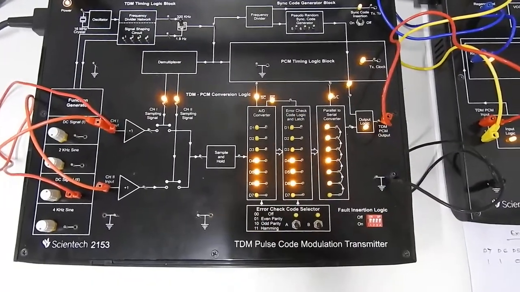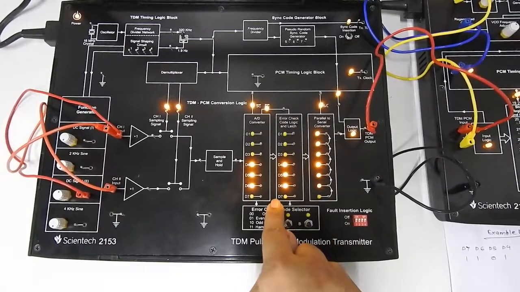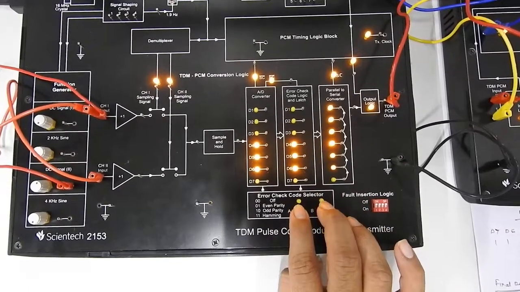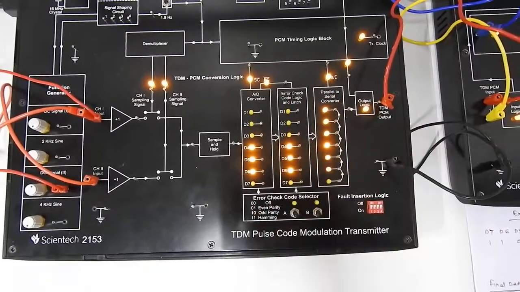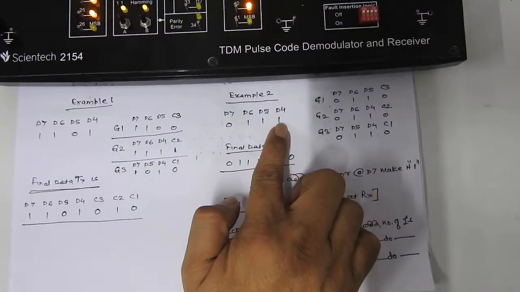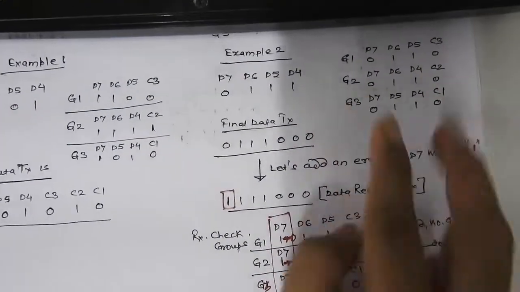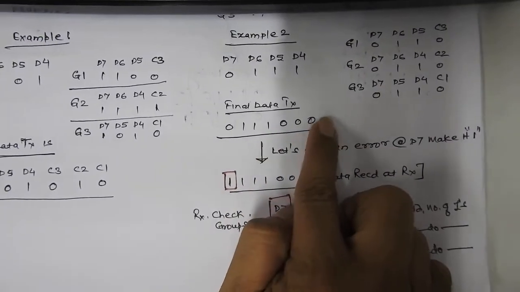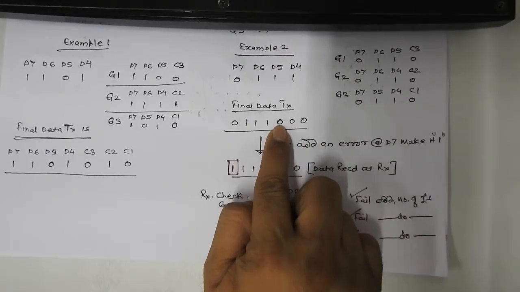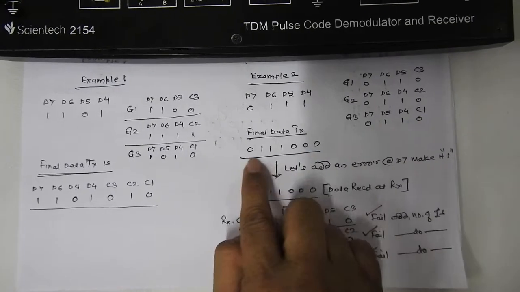These 3 bits are the parity bits. You can see this is my error checking and code logic circuit, and it is having 0111. Right now I have switched off my Hamming code, so these 3 bits are inactive. For the data 0111, after doing this group exercise, we came to the conclusion that all the 3 Hamming bits will be 0. So C3 is 0, C2 is 0 and C1 is 0. This is what we concluded.